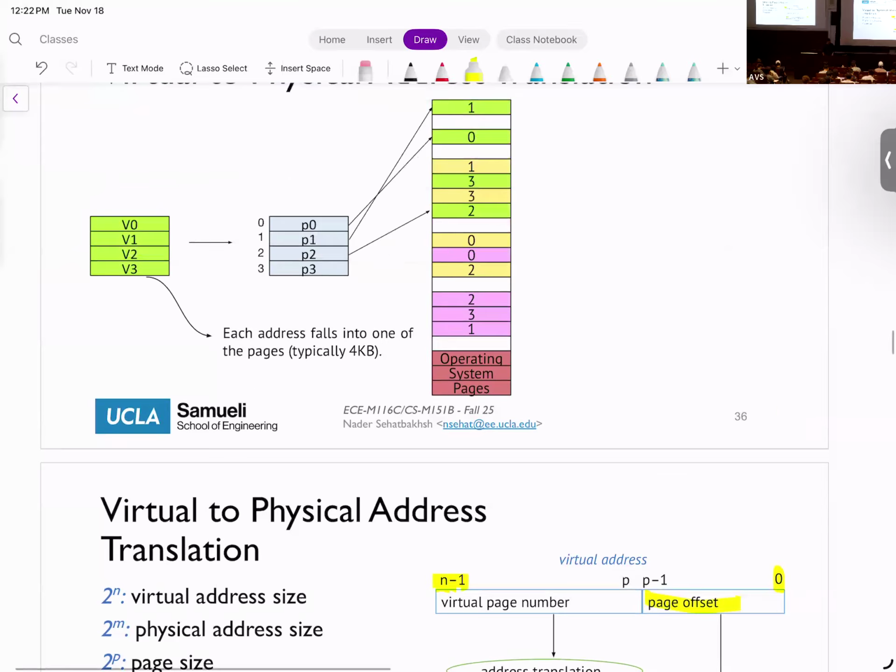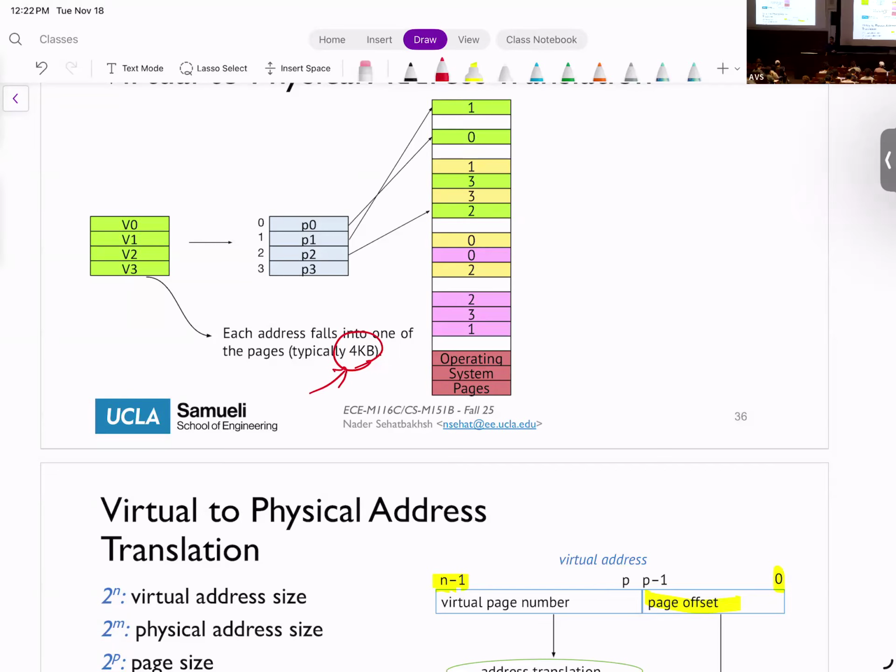The reason that we have the page offset is, as I said before, each page is 4 kilobytes of data, for example. By default, most modern operating systems use 4 kilobytes, but this is not strict. It could be any other number. In fact, many modern operating systems have huge pages, which are usually 2 megabytes or bigger. So think about block size in the cache. A similar idea applies to the operating system and paging. You can have smaller blocks and bigger blocks. For now, let's assume that all of our pages are 4 kilobytes.